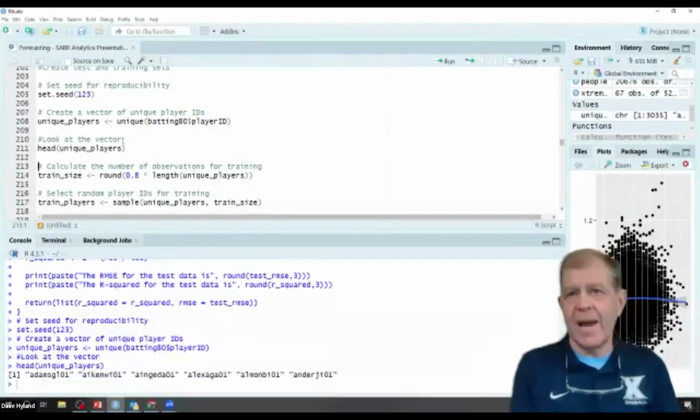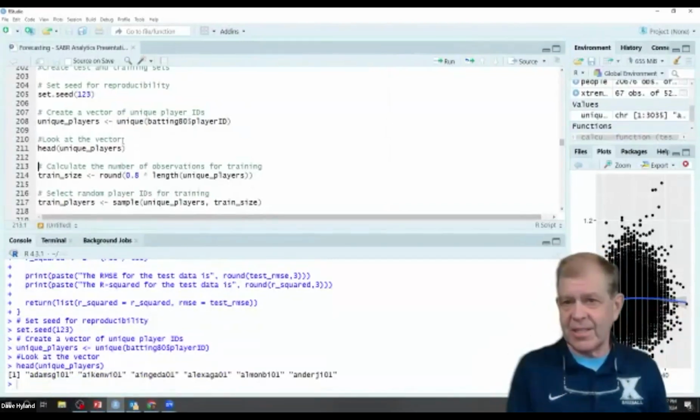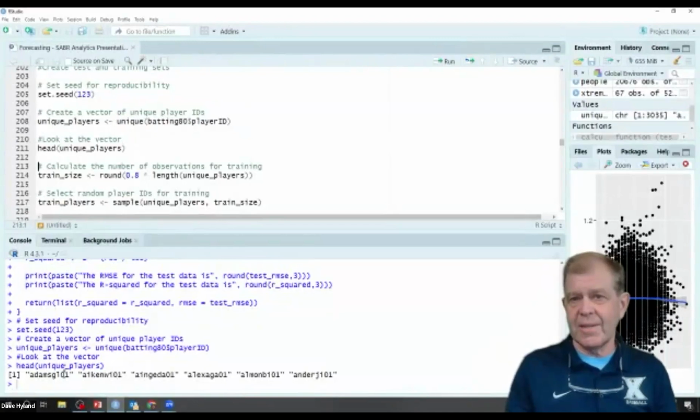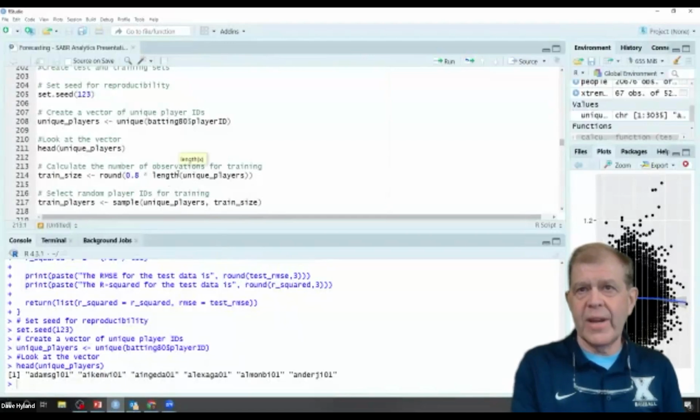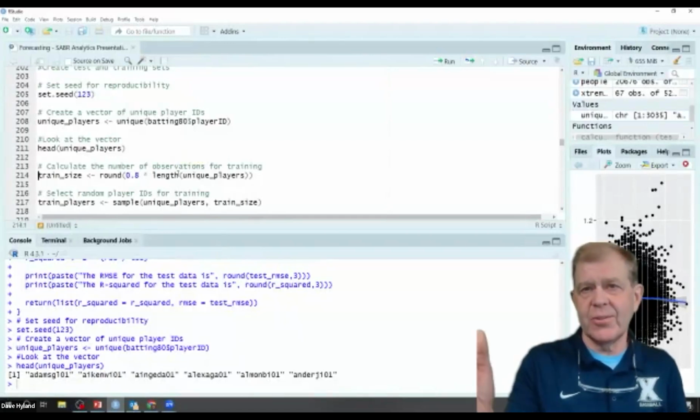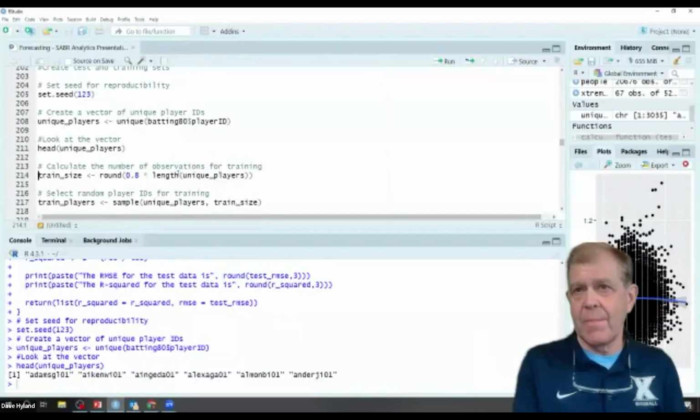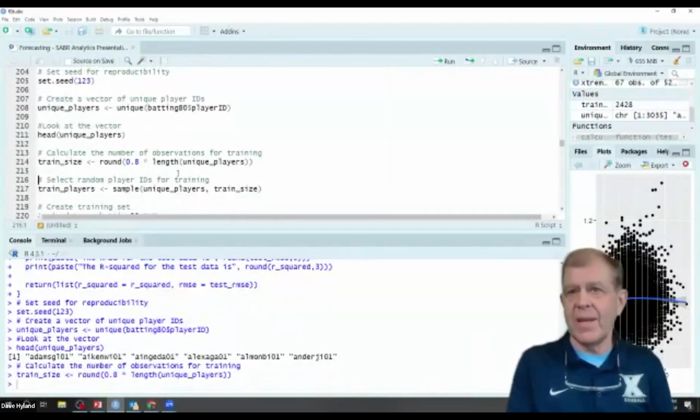Our head command will allow us to look at the first 6 or so, so we see our unique players looks like this. We had loaded the caret package earlier. We're going to use train size, which is just a number to say how big we want our training set to be.